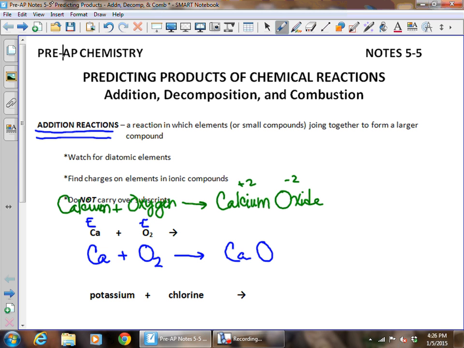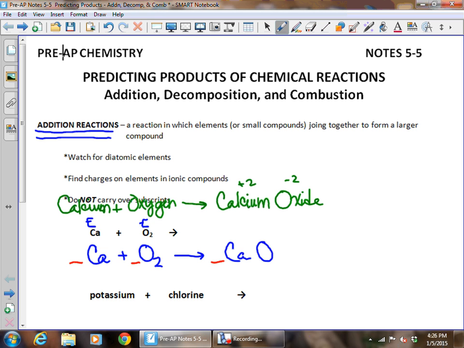Now, the last thing that you need to do after you write the product of the reaction is to balance it. So after you've gotten the products, go ahead and put those dashes in front. So now all we can put down are coefficients. We can't put any more subscripts in. Looks like since there's two